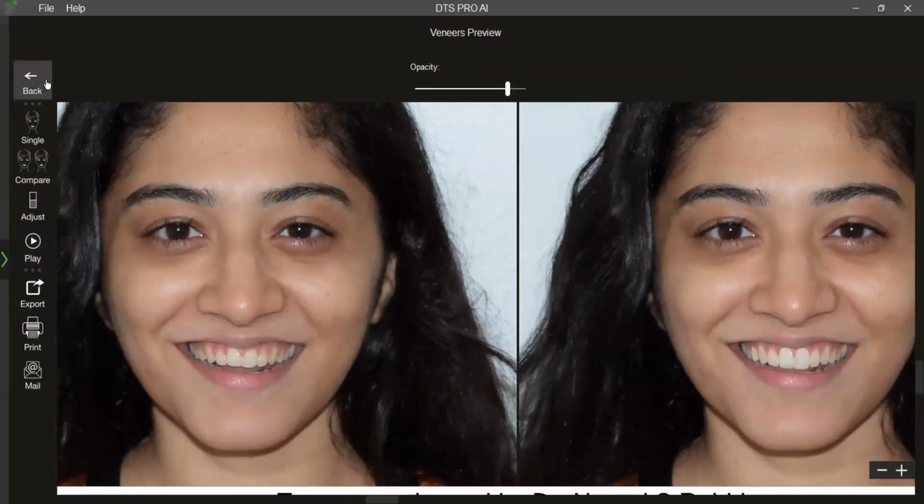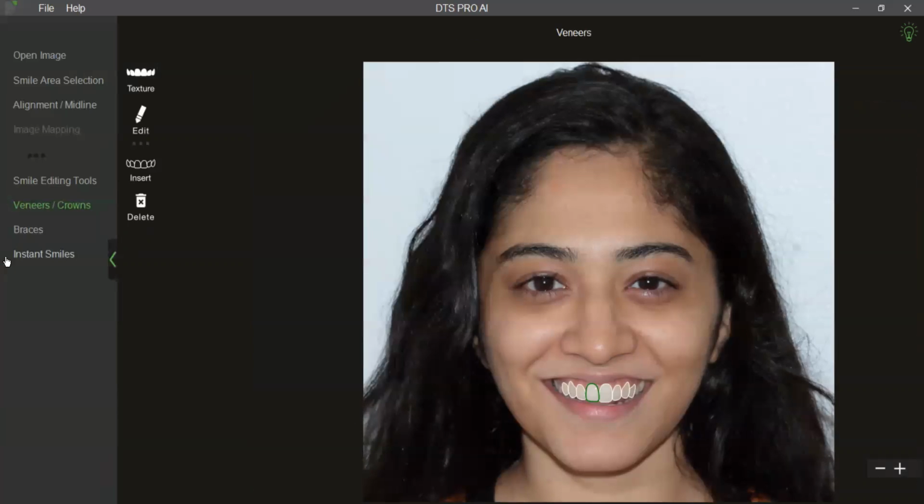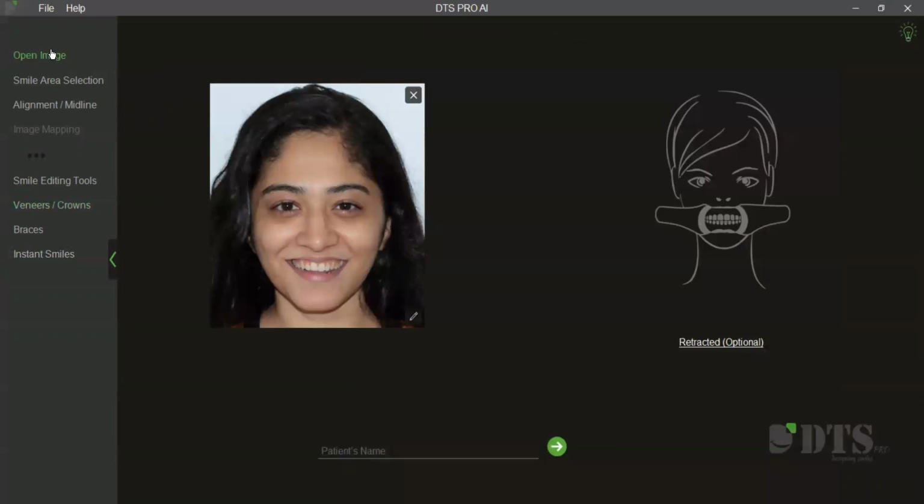Right. So I think using these two images, I have tried to give you an overview of the entire functionality. Of course, there are ways in which we can upload both the extraoral and the intraoral retracted image and overlay it. But at this point of time, I do not want to go into a lot of complexities of simulation. Of course, there are detailed tutorials available on the website of each and every step, but this is more for an overview of the software. And I am open to any questions, or if there is something that anybody of you would want me to just discuss or throw light upon, I'll be happy to help you on that.